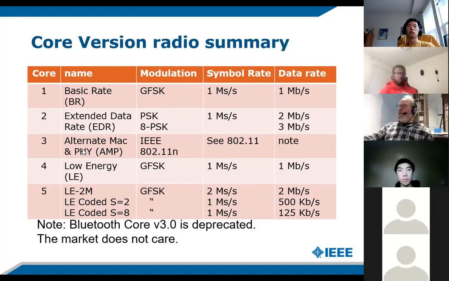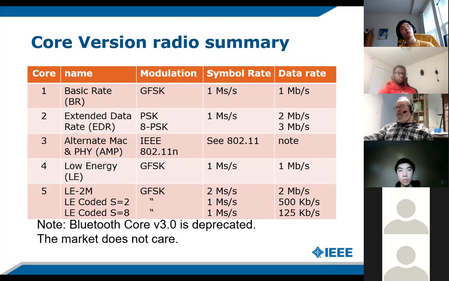We had this adventure in 2009, where we decided, okay, let's use an alternate MAC and PHY, media access control and physical layer. So what if we could also use 802.11n?